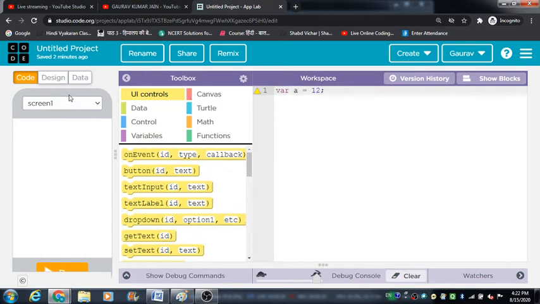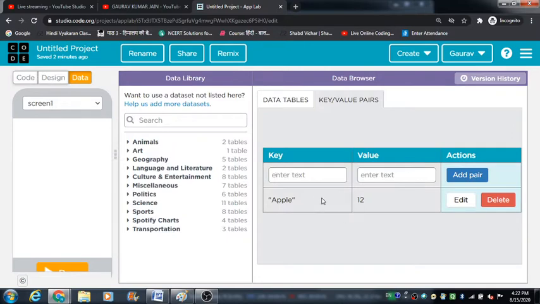We have not written any code for accessing this data, for declaring this data, and for initializing this data with some value. So this value is going to get stored directly on the cloud, and we can call it as many times as we want from the cloud.